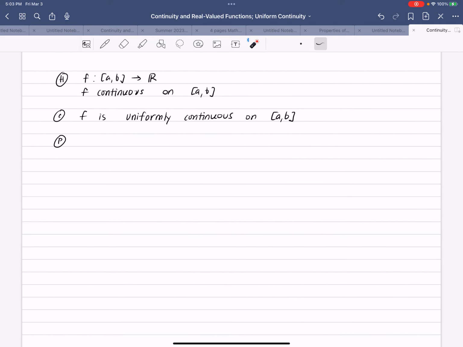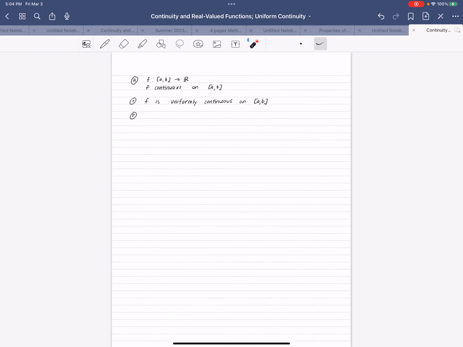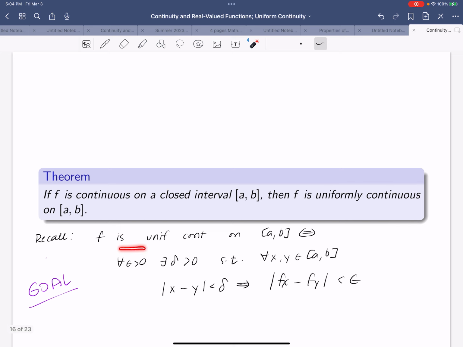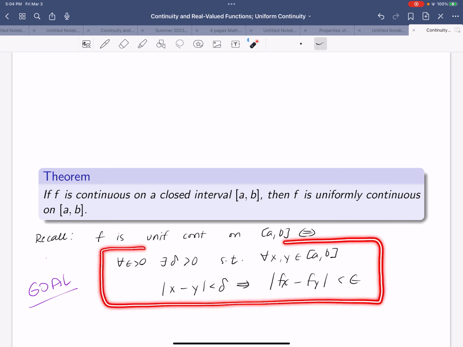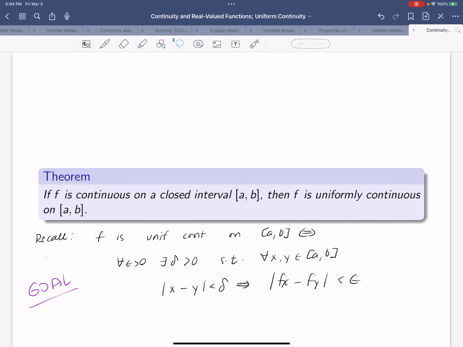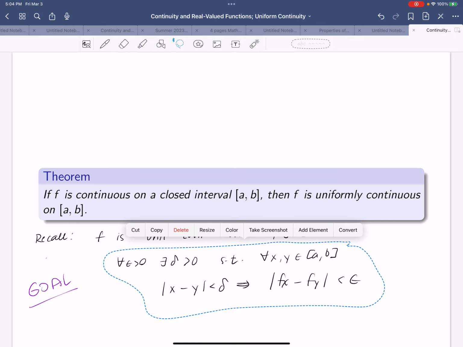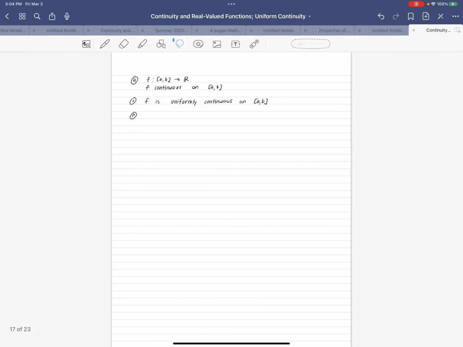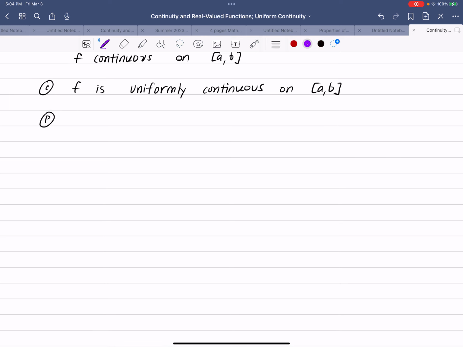We're going to do a proof by contradiction. Here I have the setup. F is continuous on this closed interval AB. The claim is F is uniformly continuous. Now, we're going to do a proof by contradiction. So that means we're going to assume that this is not true. Okay? So I'm going to say here, towards contradiction,